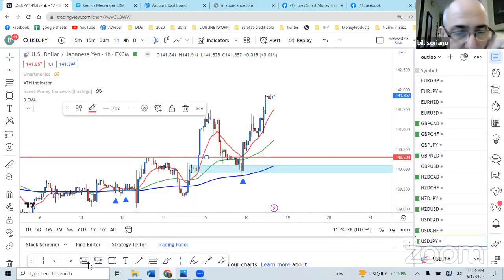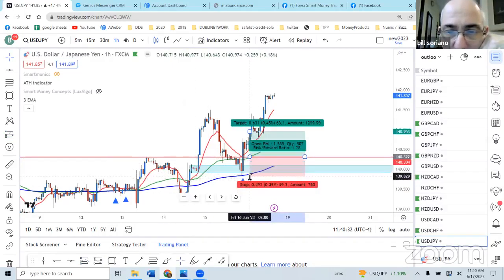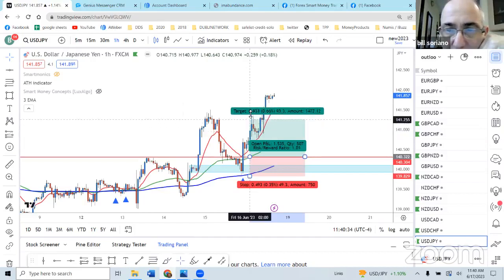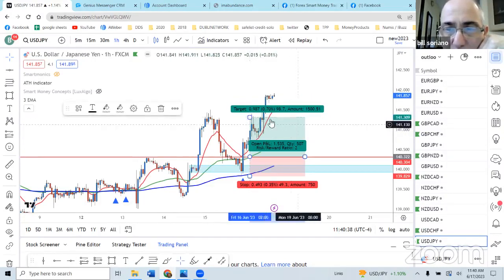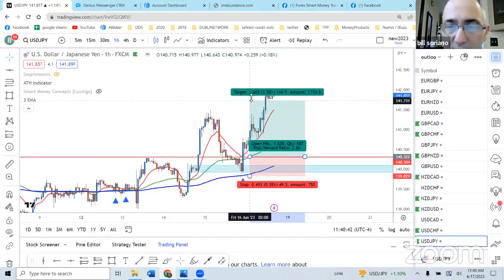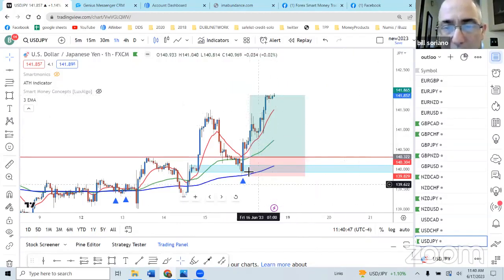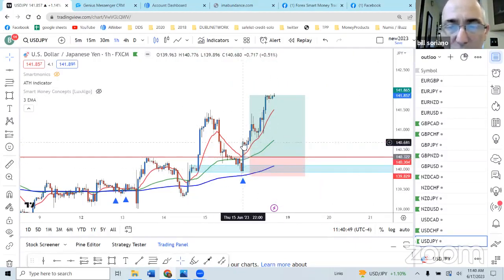So if you wait and you don't get in till right here, now your risk is only 50 pips, and boom, right here, you get a 1 to 2 risk to reward ratio trade. You can close half the position, try to get a 1 to 3, which you get right here. So even with this giant entry candle here,